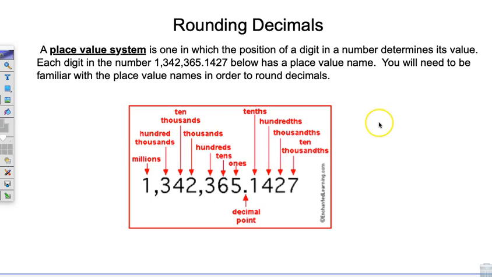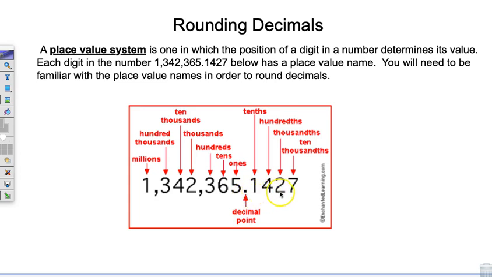In today's lesson, we are going to be rounding decimals. So first we need to take a look at what a place value system is. Basically, it's a system that gives a name to each number according to their place value. So here you can see we have a fairly large number, and we have a decimal point right here, followed